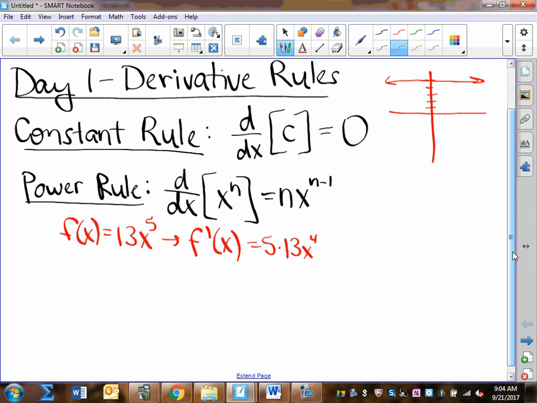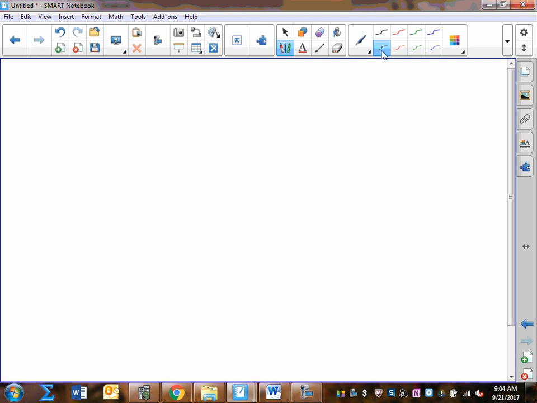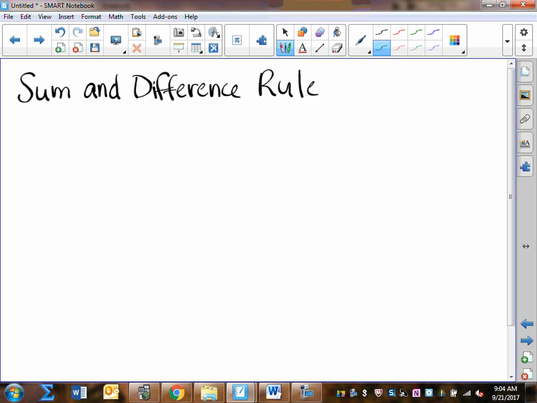No, actually, it's not different. So next is our sum and difference rule. And we're going to group it together because it's basically the same concept, just one's addition, one's subtraction. Now the disclaimer with this is that we're working with functions f and g that are differentiable, meaning that we can't take the derivative. So if I have the derivative of 2 functions added together,